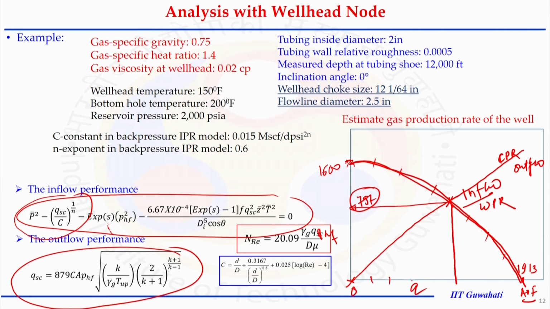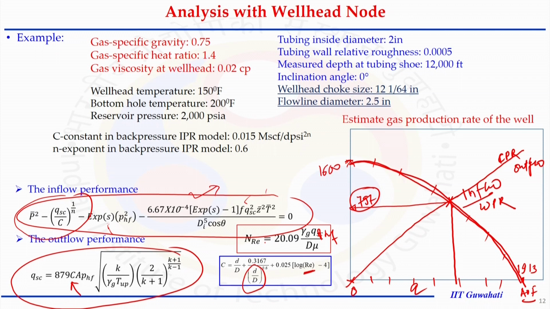We can again divide this into 10 equal parts, and we can calculate the PHF from the inflow equation, and similarly PHF from the outflow equation. But in both cases, we already discussed the complexity involved in terms of the F, which depends on the Reynolds number, which depends on the Q. Similarly here, C is the discharge coefficient, and it depends on the type of orifice you are using, on the Reynolds number, as well as the diameter ratio of the orifice to the pipe. So, with the help of this kind of calculation, we can calculate the C value.